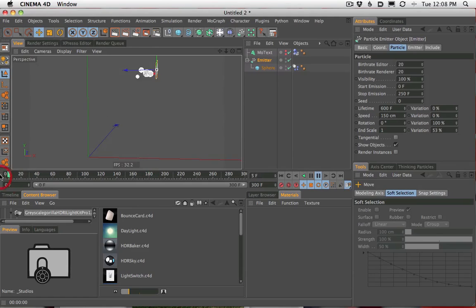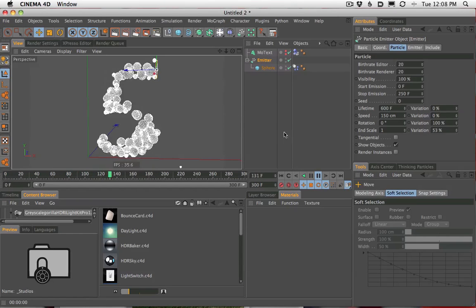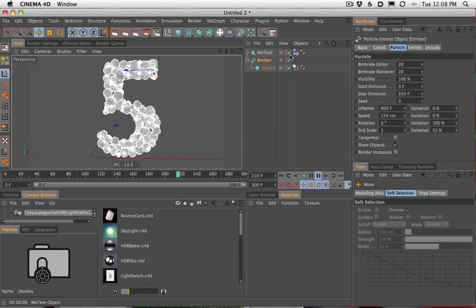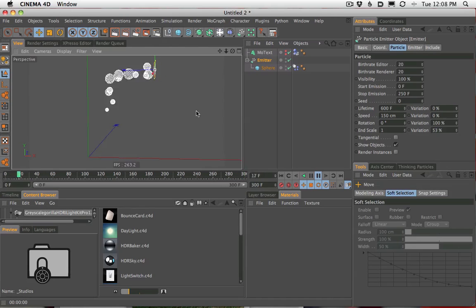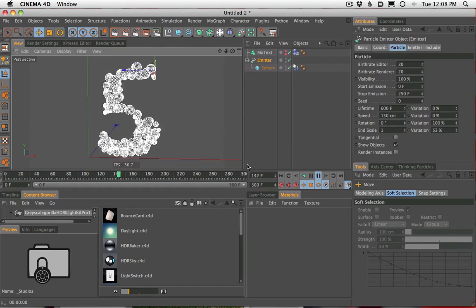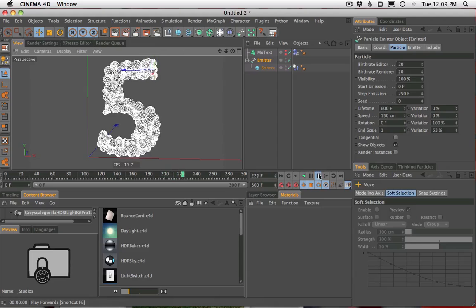I even saw a guy got flung out of the system here. Let's see where that is. Yeah, see that? All right, that may be because the emitter isn't all the way inside of our MoText. So let's just move it in just a little bit and make sure that nothing pops out. And if things continue to pop out, let me talk about a couple ways to solve some problems. This looks like a pretty stable render so far and a pretty stable system.